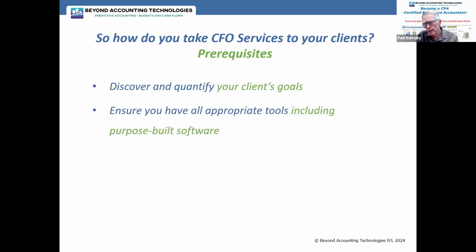Ensure you've got all the appropriate tools. And I'm not just talking the budget and forecast itself, but make sure you're using as much as you can. There are more than one tool that you should be using, and don't confuse the two. For example, there is a tool out there called Cash Flow Story, and that was started by my good friend Josh Milner, very, very clever guy.